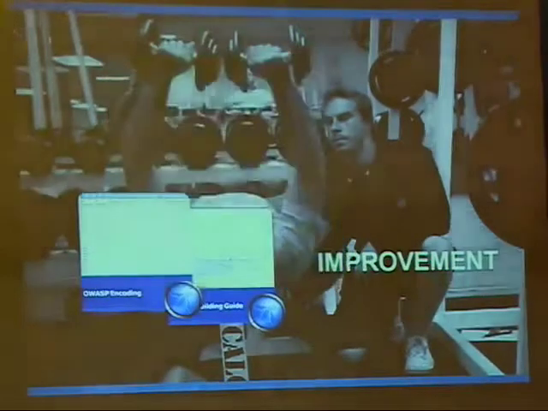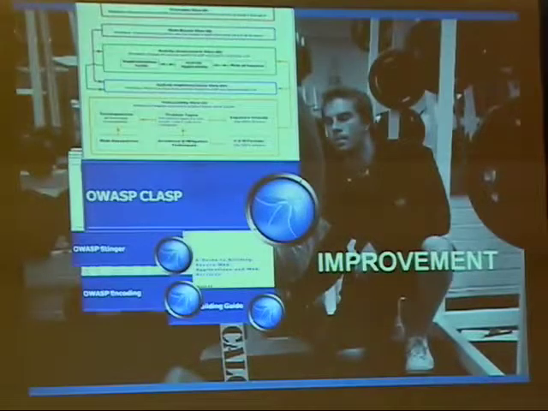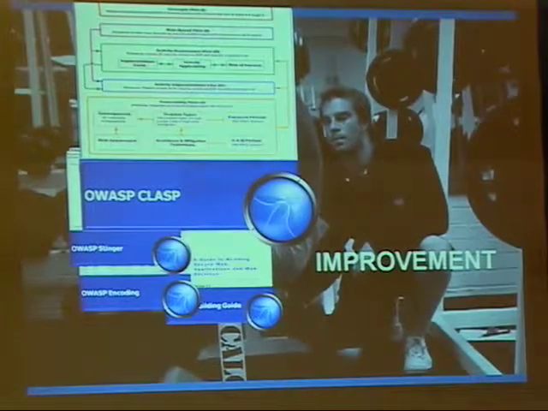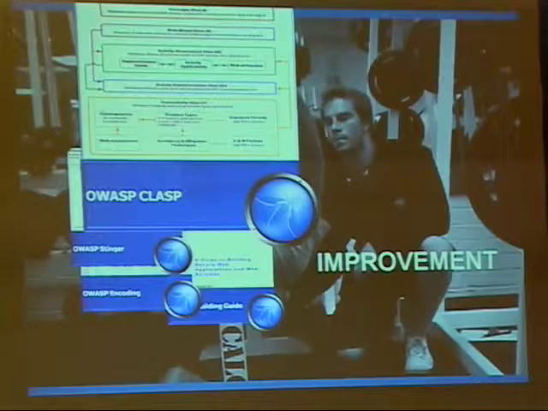OWASP CLASP, which is a lightweight program designed to have you understand, in a big environment or in any environment, what the different roles and responsibilities are within an organization in the AppSec space for development. And that's really important because many people I've spoken with come from a network background, and the application guys are always over there, right? You might get the phone call first because the server went down, but it's really the application guy's problem, right?